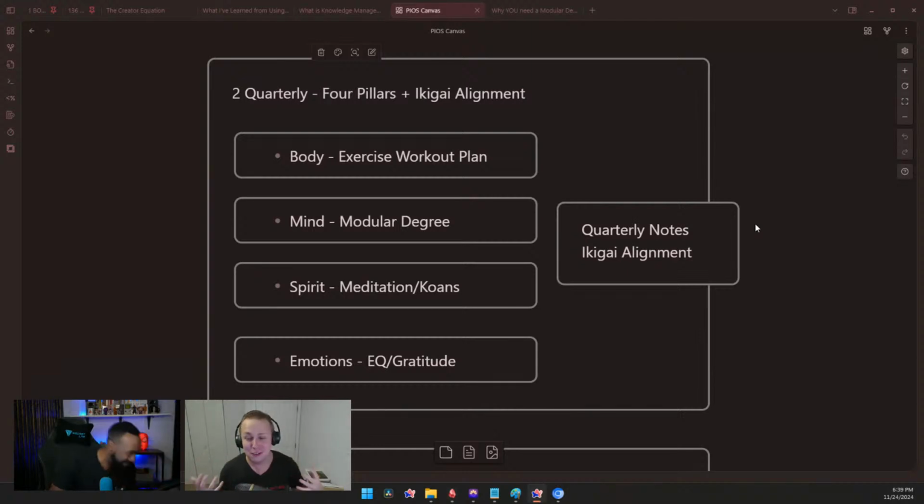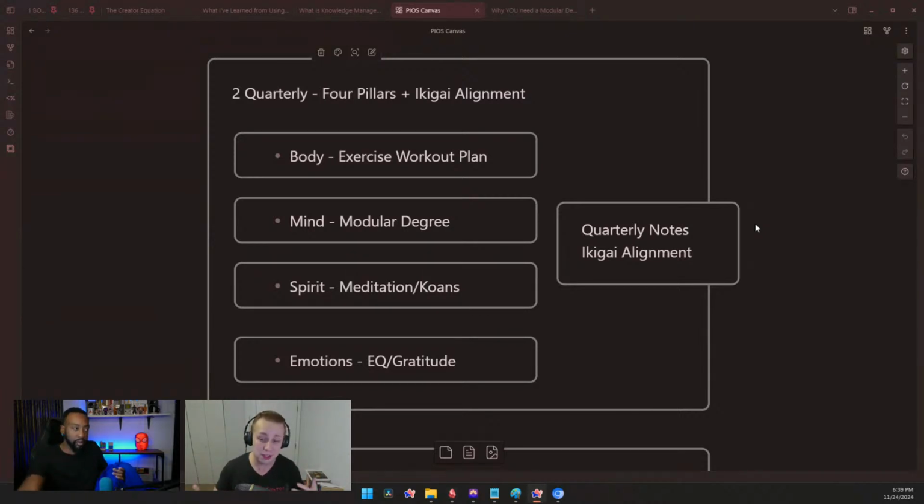The 4 pillars are your 4 major aspects of life. You have your body pillar, which is essentially your exercise plan, but you also can include nutrition and recipes into this layer here, depending on how you want to organize or structure your information. The mind pillar is pursuing mental development and stimuli and keeping your mind fresh and strong. Just like your body, you have to exercise your mind.